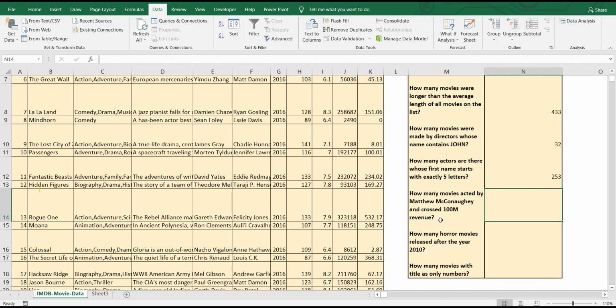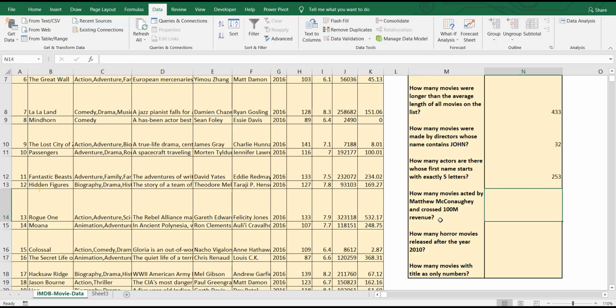Now we have multiple conditions. If you clearly observe the question, how many movies acted by Matthew McConaughey crossed 100 million revenue? Here we need to find out how many movies Matthew McConaughey has done, and also out of all his movies, how many crossed 100 million revenue?